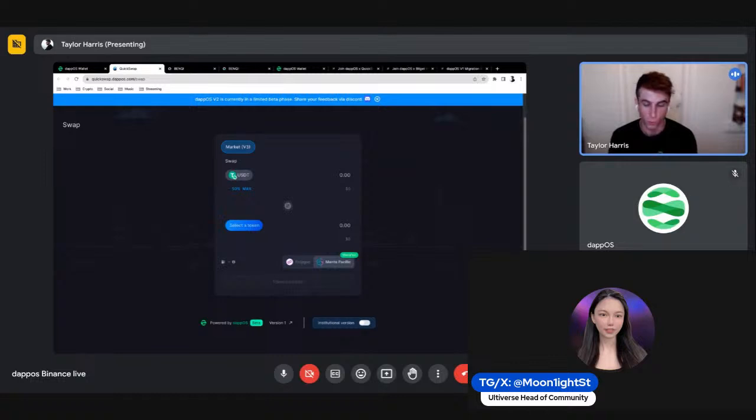And the main reason why we see Manta here is that right now Manta is going to offer triple rewards. So if you're able to choose the Manta Pacific button, at the same time you're going to be able to receive these rewards through Manta. So with the upcoming airdrop that's going to be happening for dappOS this month, we basically want to give users the incentive and option to choose Manta and receive these rewards.